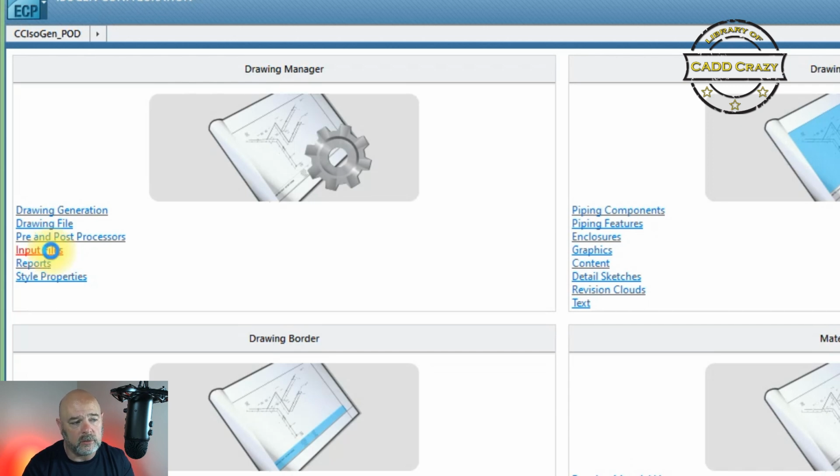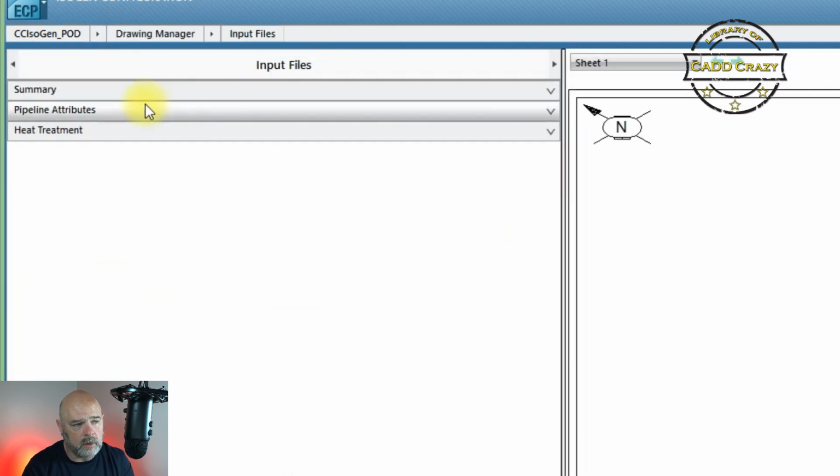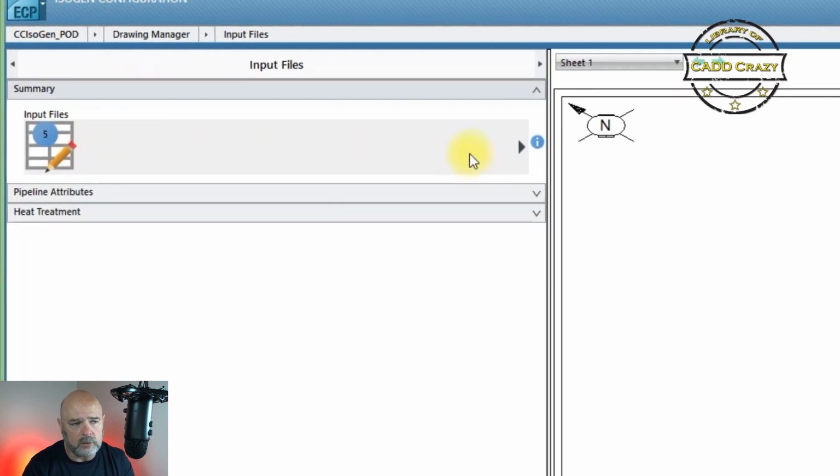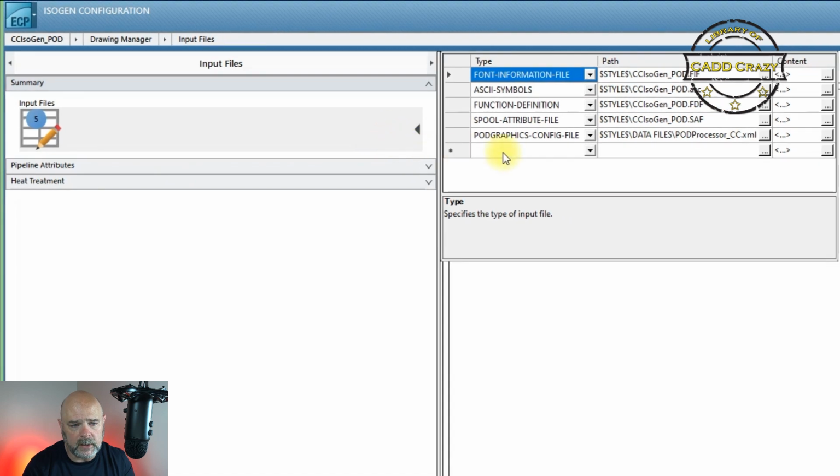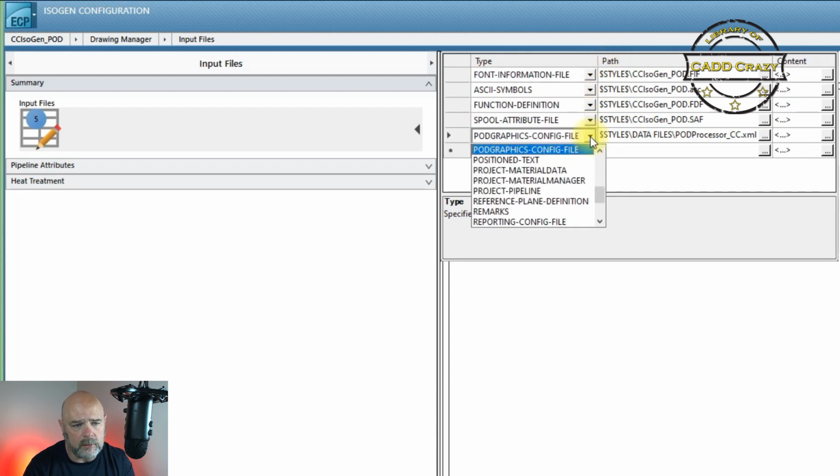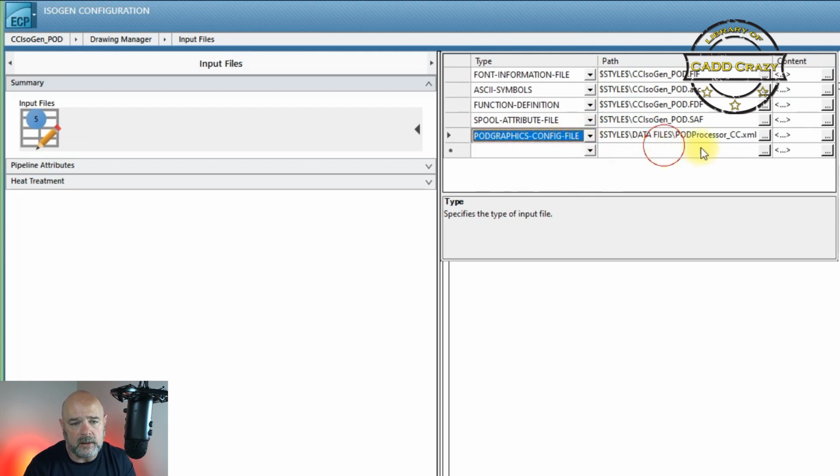Okay. And so we're going to go to input files. We're going to go down to summary, go into input files right here, and then you're going to have to fill out this information. So basically what you do is you're going to click on the arrow right here. You want to go down to Pod Graphics config file, okay,